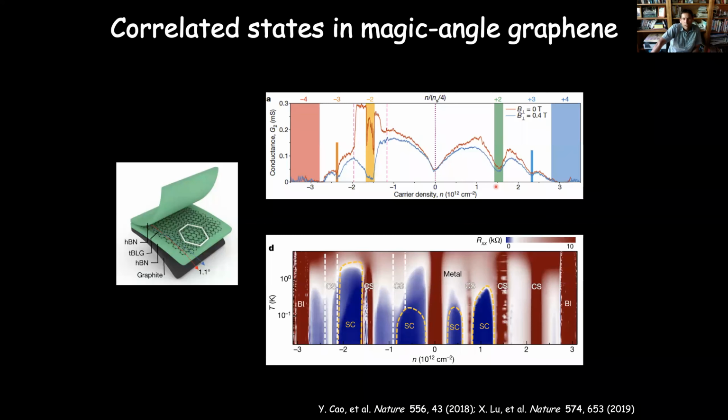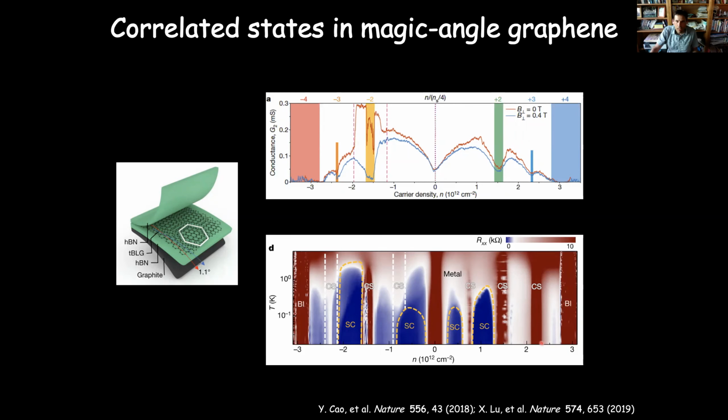And so this was first seen by Pablo Jarillo-Herrero's group at MIT in 2018, where they discovered superconductivity in these samples and correlated insulating behavior. As you change the charge density in the sample, when you completely fill the bands, you put 4 electrons or 4 holes in them, you get insulating states. At half filling, you also start to develop insulating states. And right around near those states, it becomes superconducting.